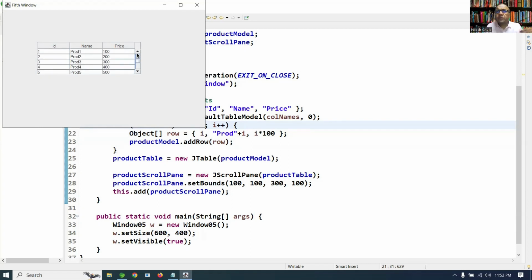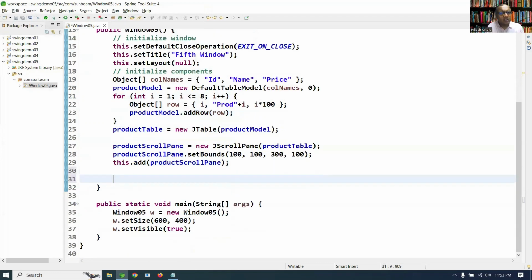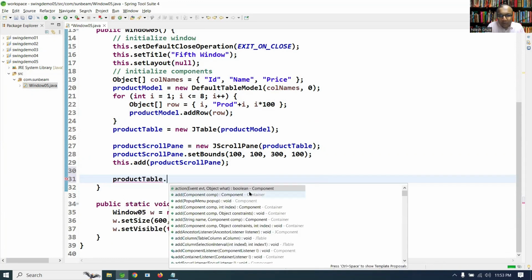Now, the way we have seen for the list box, we can handle the selected element. Now over here also, we can get the selected row. And good thing is, it is also dealing with the similar technique of having a separate selection model. Rather, it uses the same list selection model for JTable as well. So whatever code we had written earlier, somewhat similar code, I will write once again, productTable dot